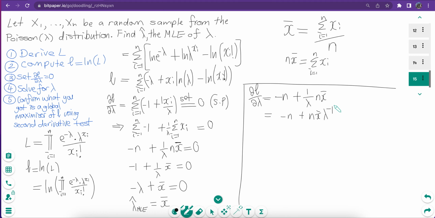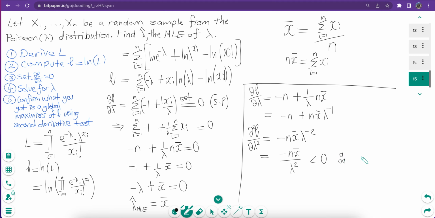Okay, and so what we now have to do is take the second derivative with respect to lambda. So del squared L on del lambda squared is equal to, with respect to lambda, that derivative is 0. And if we take a look at this derivative, this becomes negative n x bar lambda to the -2. So in other words, we get negative n x bar over lambda squared. Cool. And we know that this is negative,